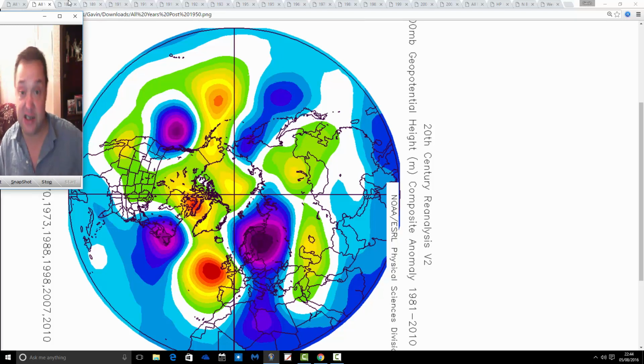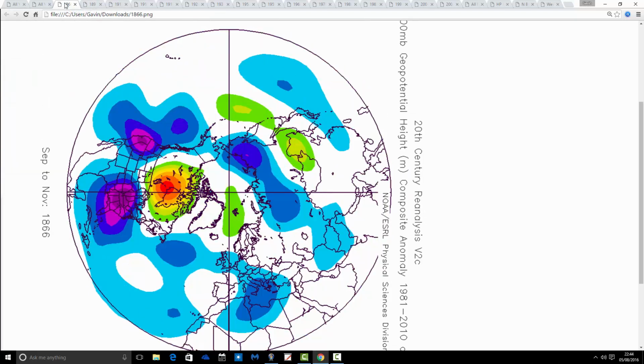Again, we're going back into the 1800s to start off with, and I think we're starting off in the year 1886, or maybe it's 1866 actually, I'm not sure. I think it's going to be 1886 though. So what we see for this one to start us off is a generally quite Atlantic driven signal